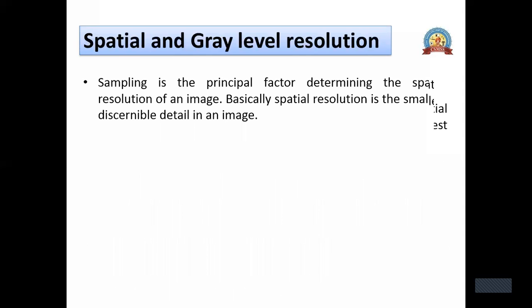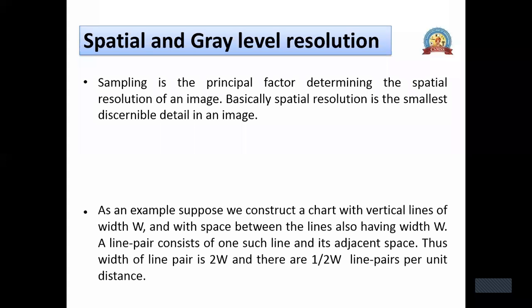Now the resolution. One resolution I already told you: the number of rows and number of columns. If you multiply the number of rows and number of columns, we get the pixel resolution. But in scientific terms, images are measured in terms of spatial resolution, not pixel resolution. Pixel resolution is only for common people to understand, whereas spatial resolution is for scientific purposes. Whenever we do scientific calculations, at that time we require spatial resolution. Let's see what spatial resolution is.